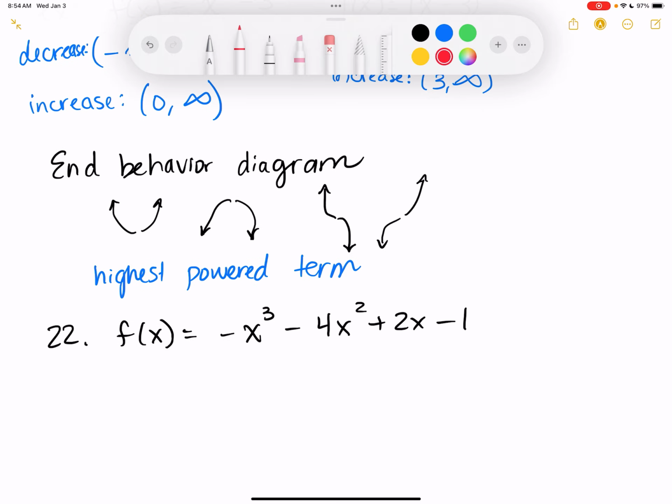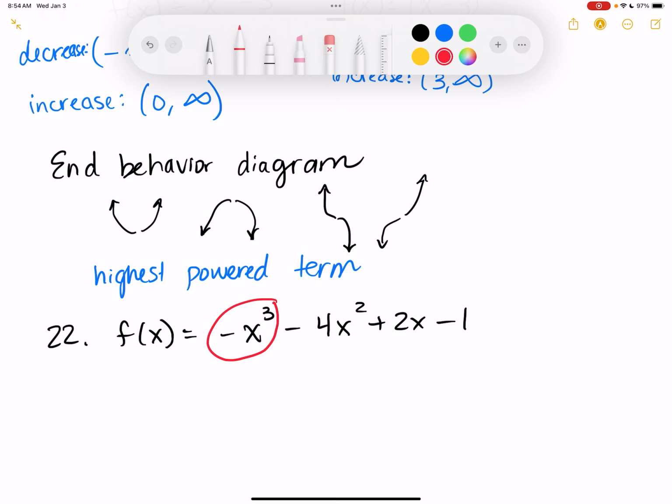So the only one that I'm even going to look at is this negative x cubed, okay? Because cubed is the biggest thing I have. Now, be careful, it's not always the first term, because if they don't have it written in standard form, like if they have the terms out of order, that won't be the case. But whatever sign is on it as well, so that's why the negative's included with it there. We're going to look at that to determine